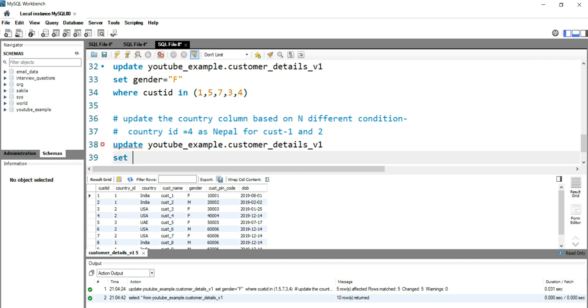So I'll put set, and then the first column that I need to update is country ID, right? So I'll put country_ID is equal to, and our country ID should be 4, which is here. Then I'll put the country name, which is our second field which needed to be updated. So I'll put country equal to Nepal,